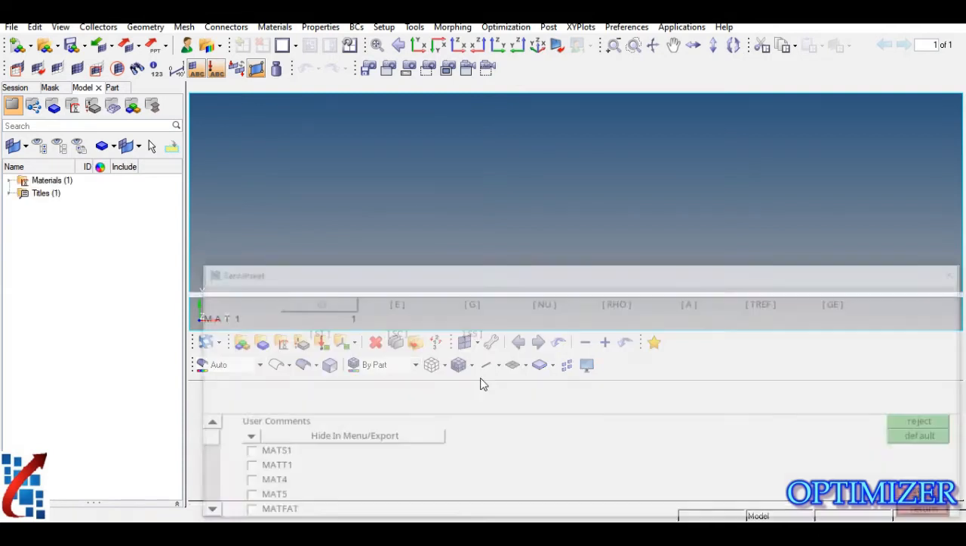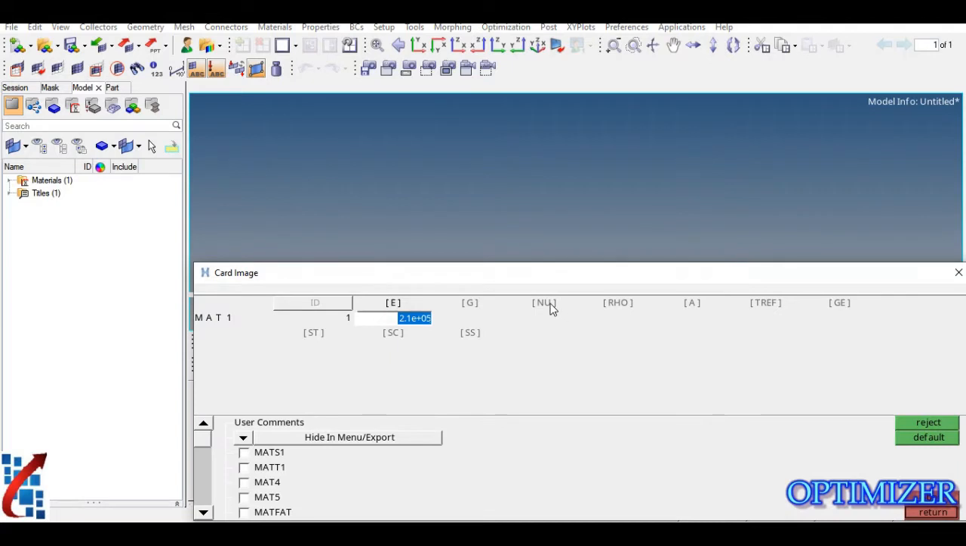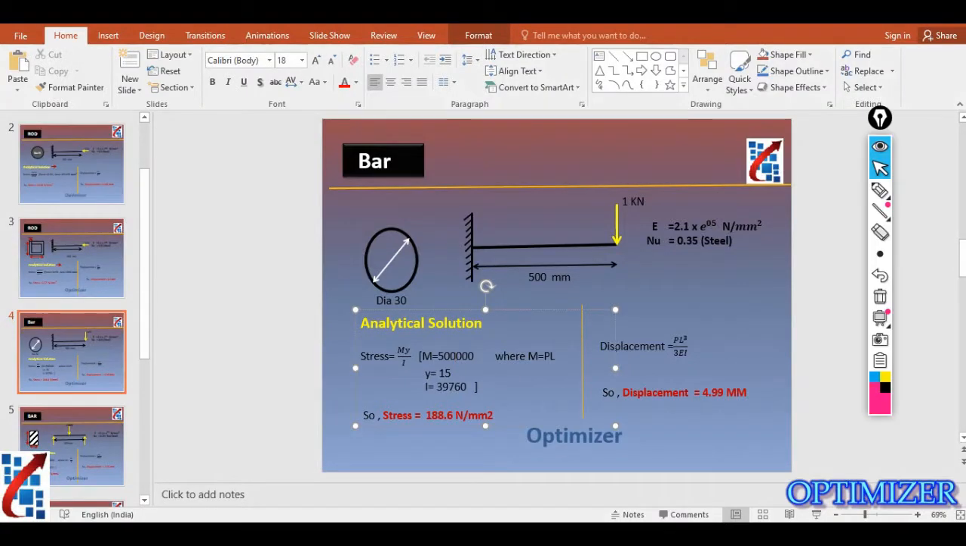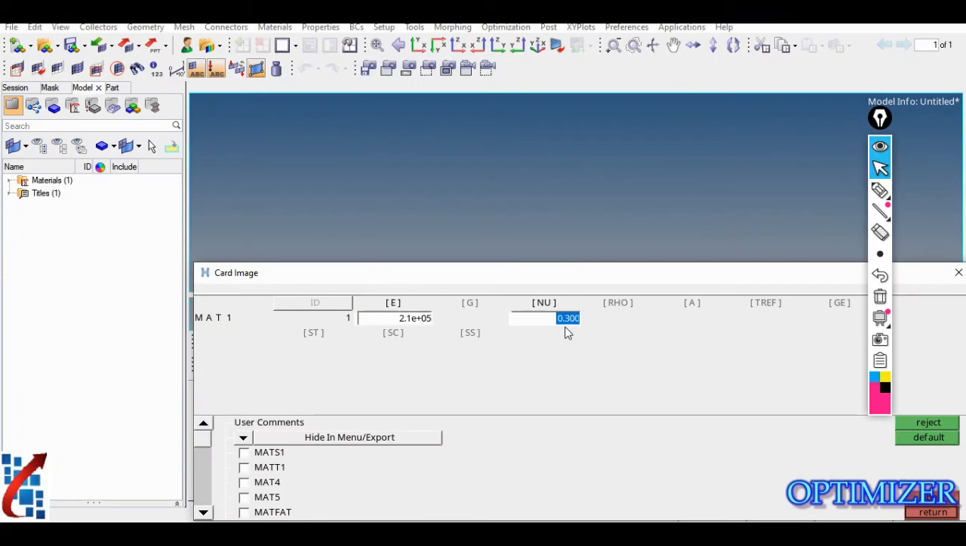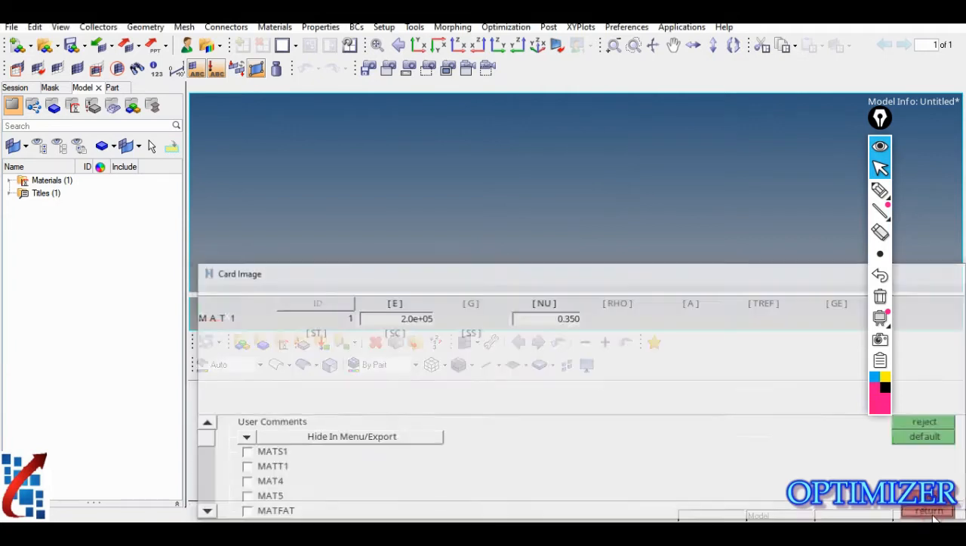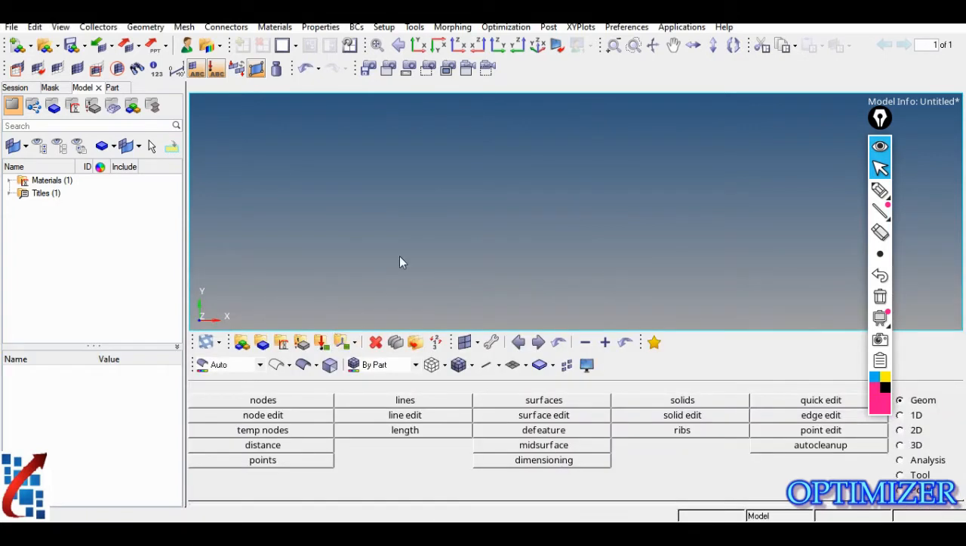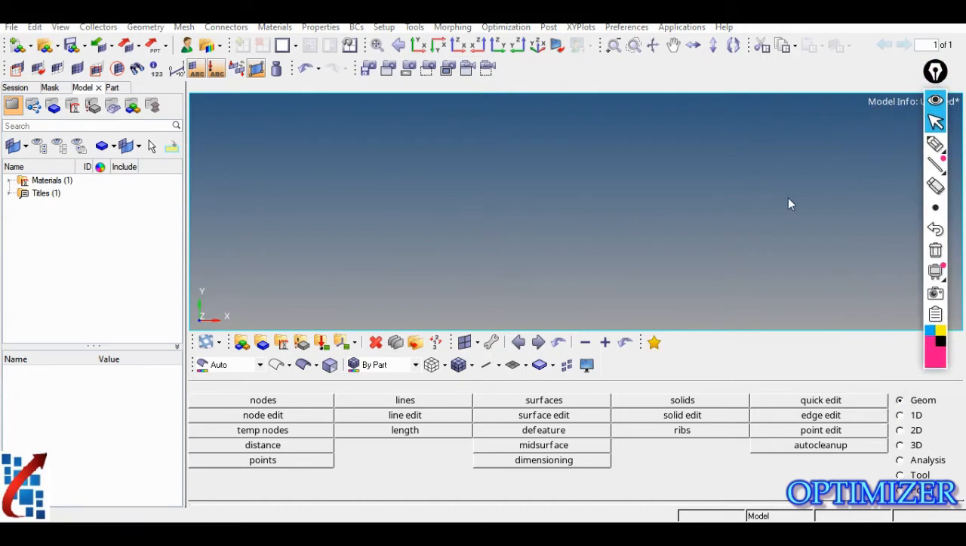Just click on create/edit, and from this you need to select E and nu, that is Young's modulus and Poisson's ratio. Young's modulus is 2.1e5, or 2e5, and Poisson's ratio is 0.35. So these are the two material properties we need to define. Now just click on return. So the material we have defined. Now next